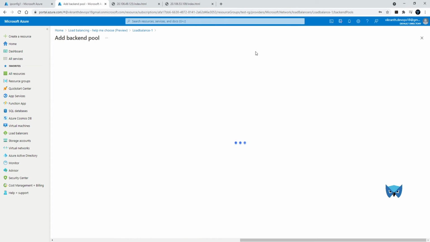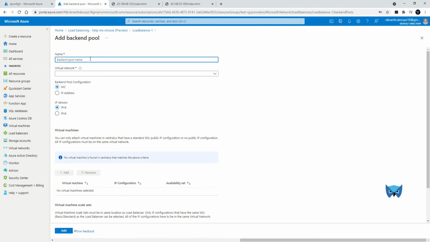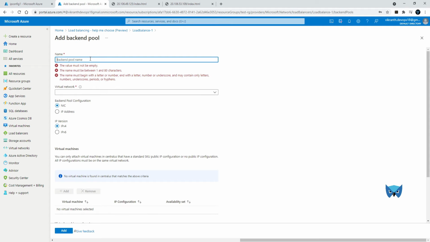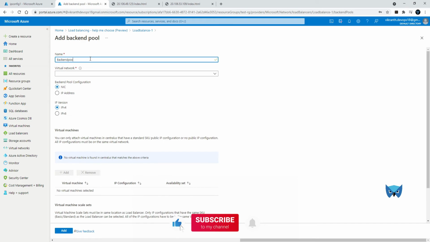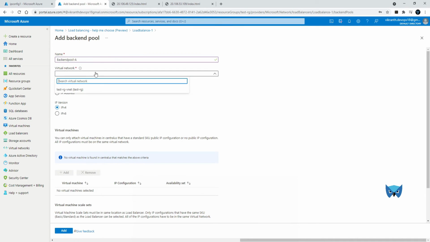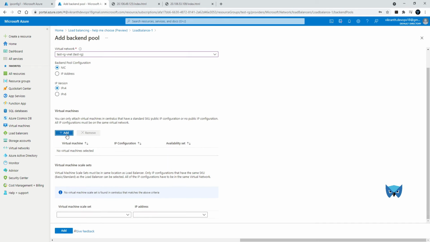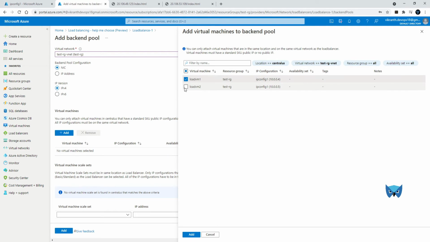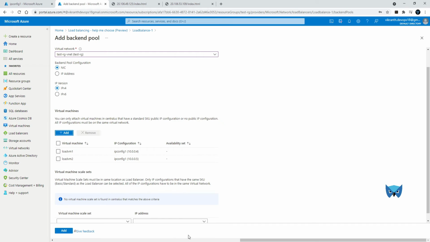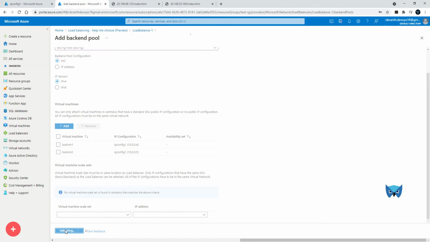click on add, will provide backend pool hyphen A and virtual network, this one which we have created, and then IPv4 only we need to select, and then we need to add virtual machines. Load VM1, load VM2, click on add and then click on add. Okay, once it is done, then we need to go to